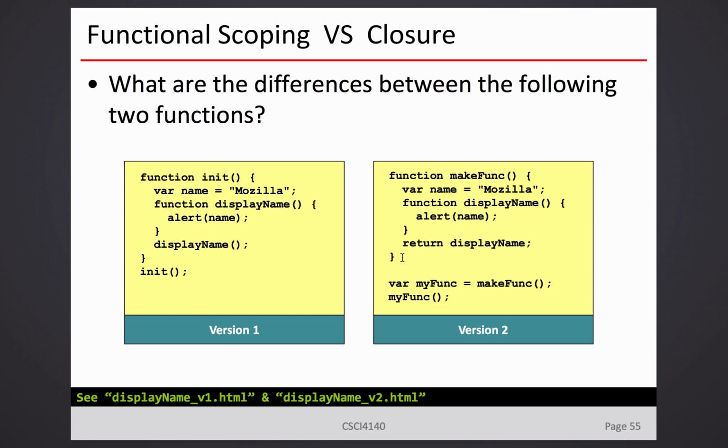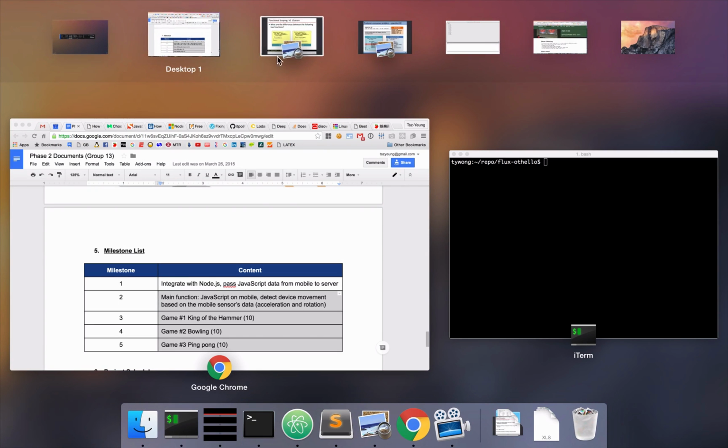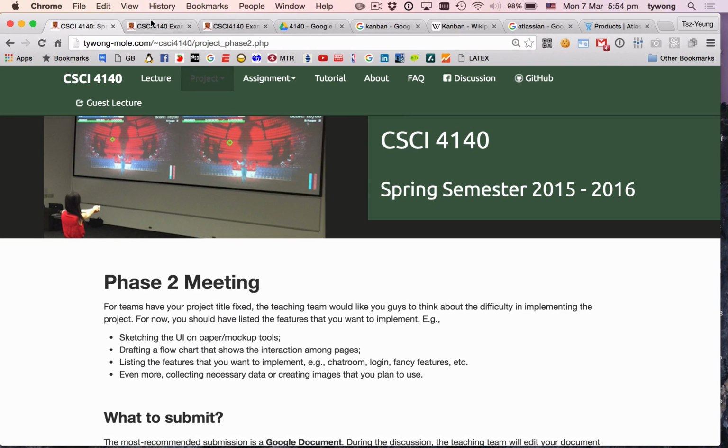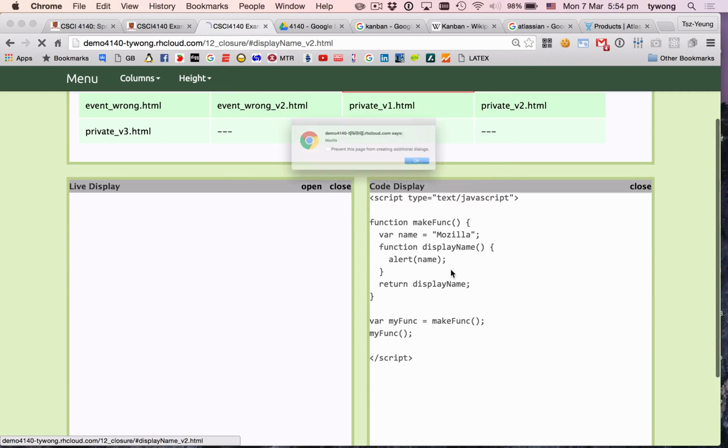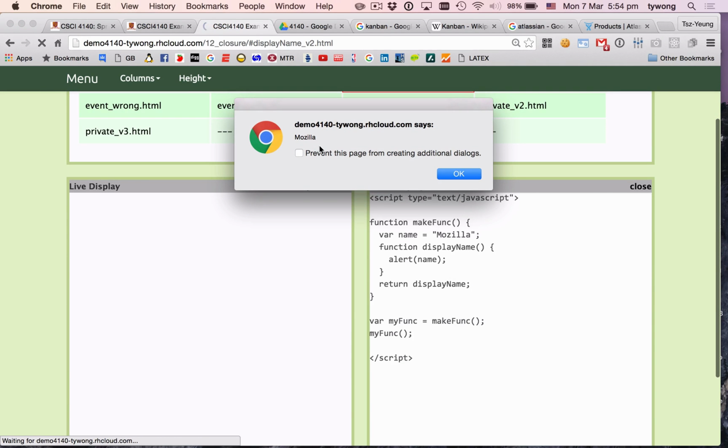And for JavaScript, it works in the following way. Okay, so let's execute. No problem. It says Mozilla. Okay, so it seems that